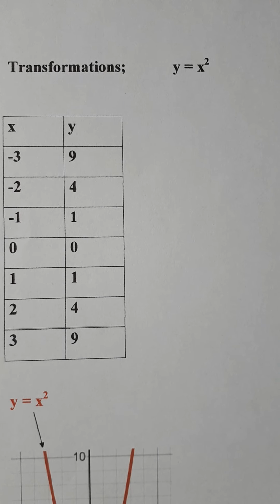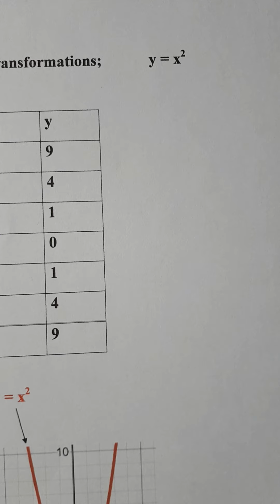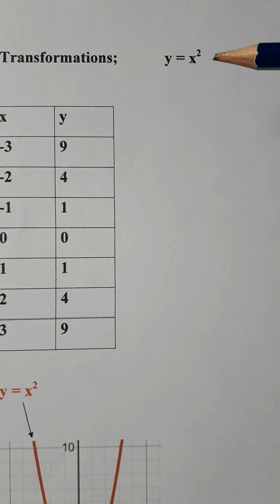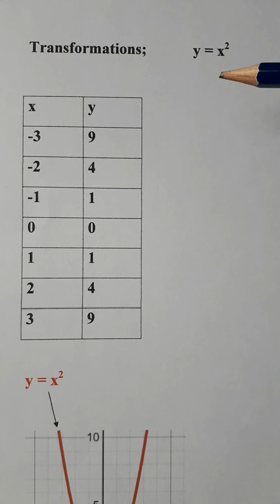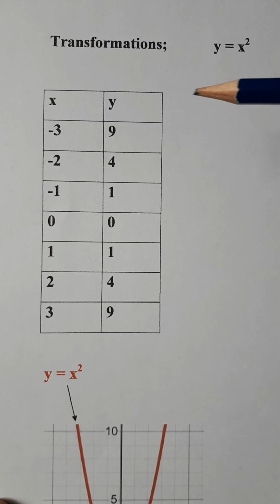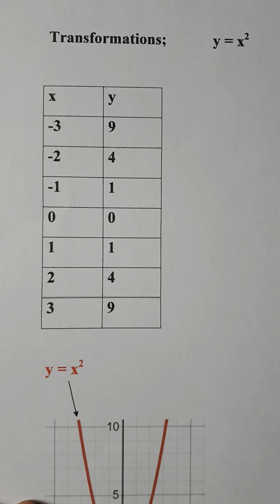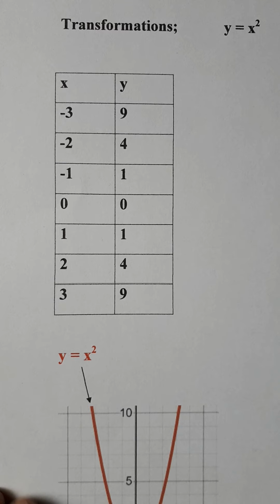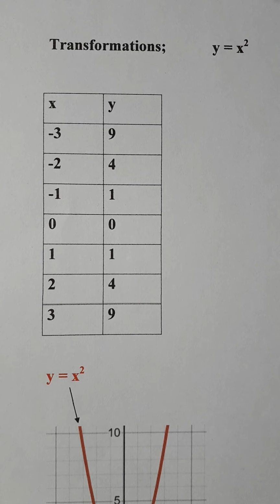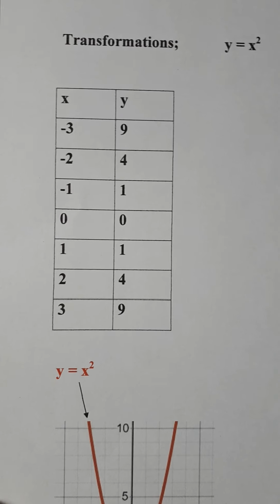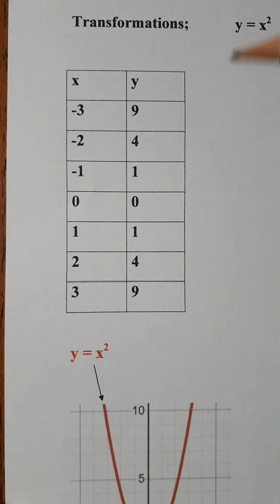Last time we had a rough look at our parabola represented by this equation y equals x squared. Before going to transformations, let's again take a look at our graph y equals x squared. We need a table to get a better understanding. We saw that even last time when x is 0, 0 squared is 0. Let's look at some of the points in here.